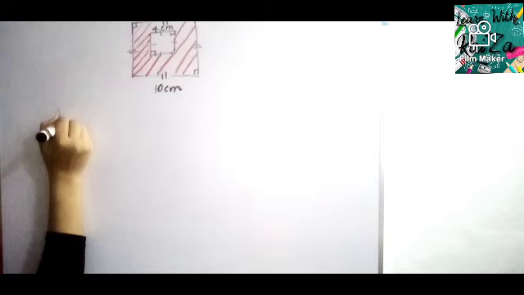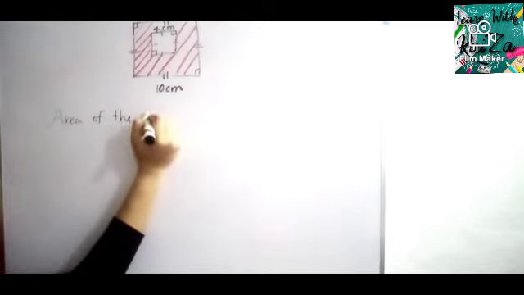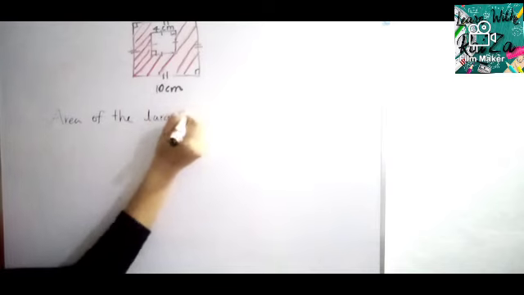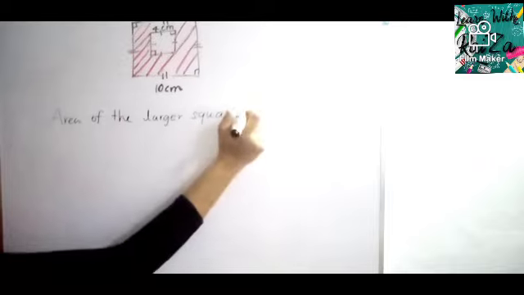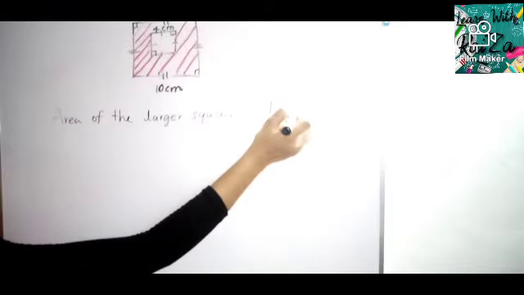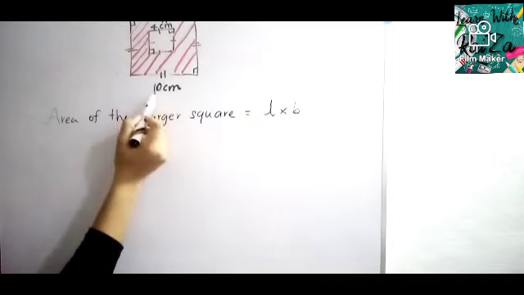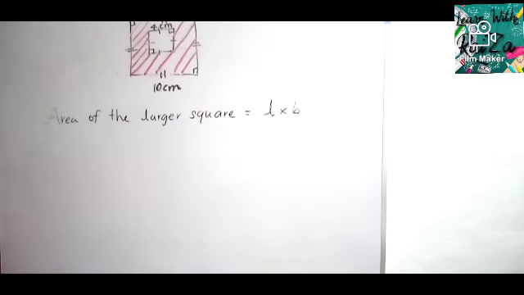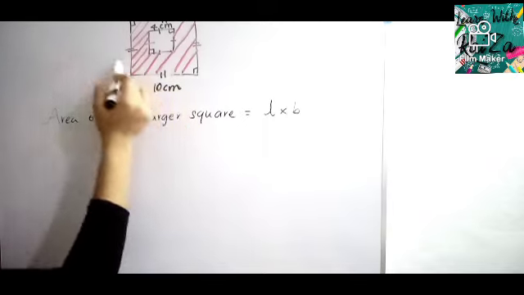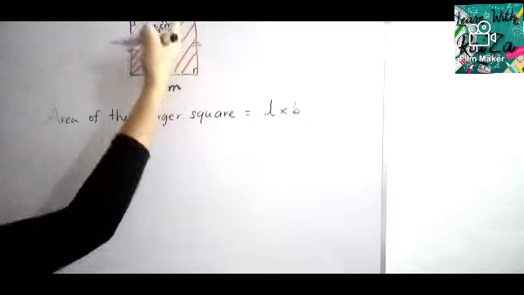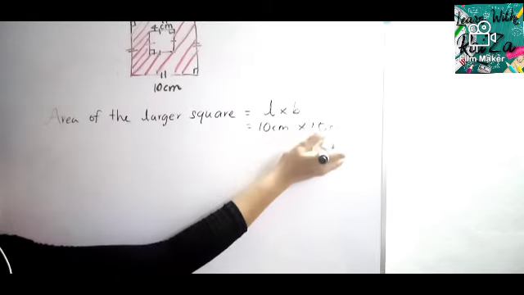Okay, let's write area of the larger square. What is the equation to find the area of a square? Tell me. Yes, length into breadth. And also understand, every time remember 2 points. Formula is length into breadth, and see, only one length is given. Then someone will think, teacher, the breadth is not given. No, length is given and I have put these 2 equal marks, double equal marks. That means in a square, all sides are equal. So take it as 10 centimeter multiplied by 10 centimeter.